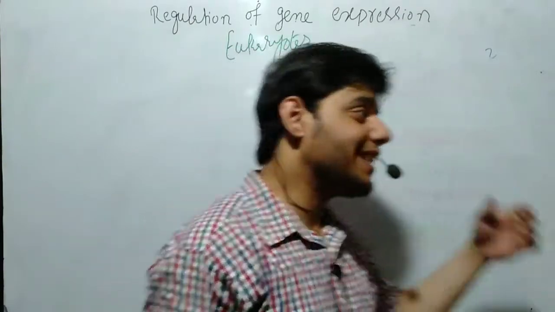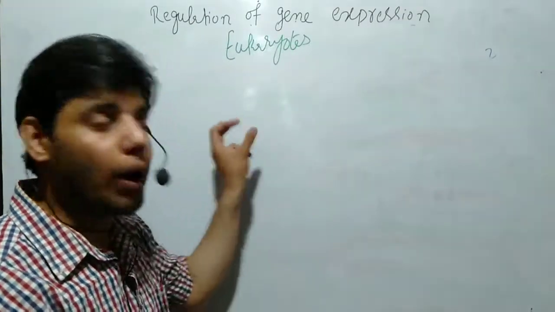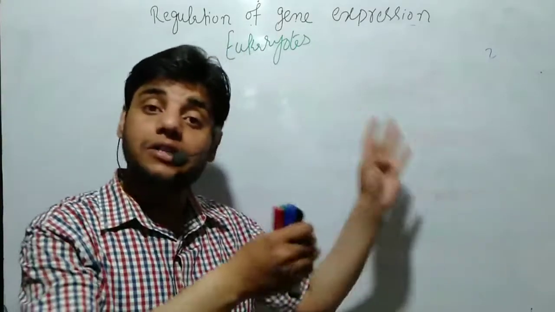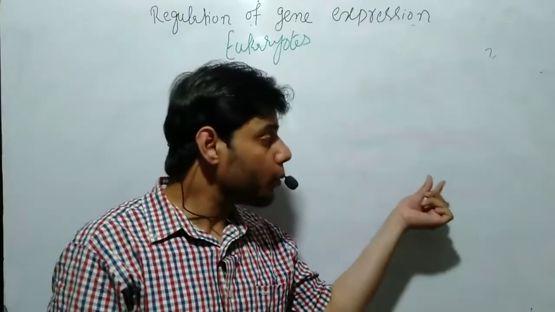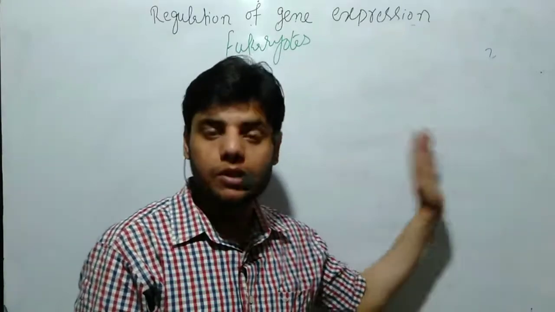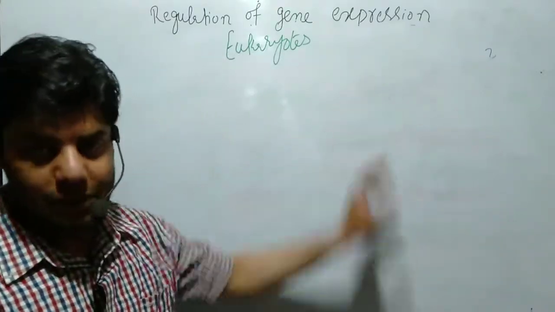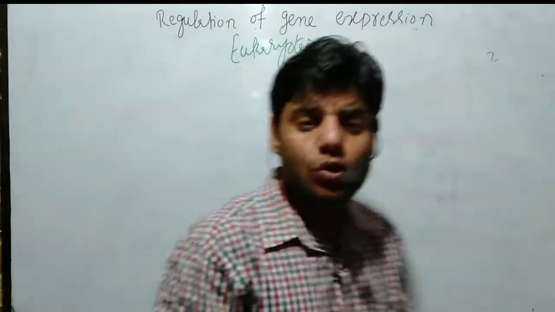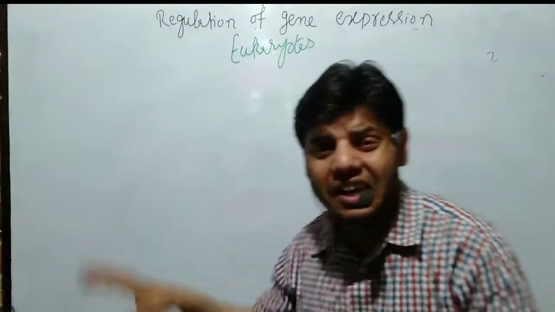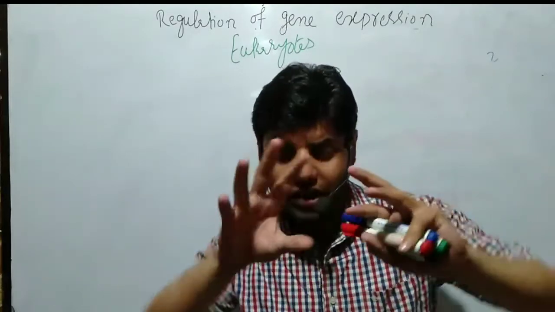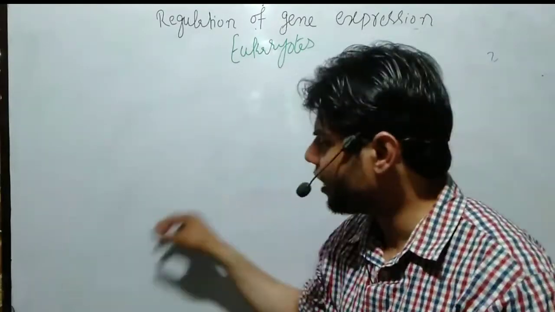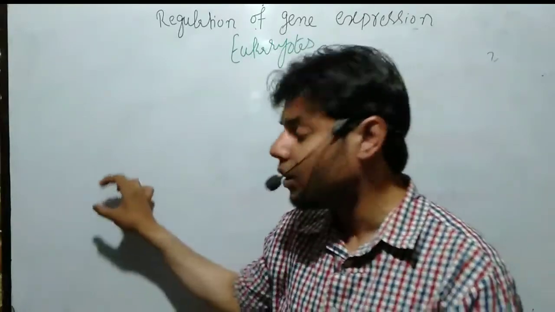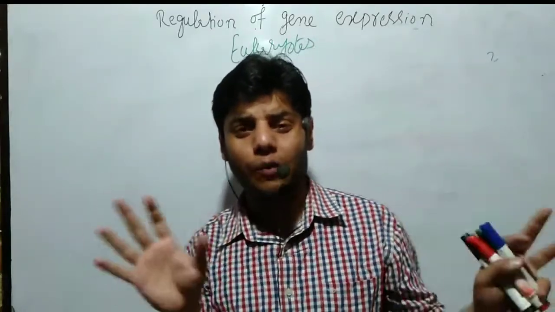Why? Because in this case, we have one promoter for one gene, but in case of prokaryote, we have one promoter for multiple genes. Promoter means the region where the gene expression is controlled. Moreover, in case of eukaryotic, we have the DNA in a very complicated form. The DNA is wrapped around histones, which we call nucleosome. So in nucleosome, the DNA is in a very complicated form.